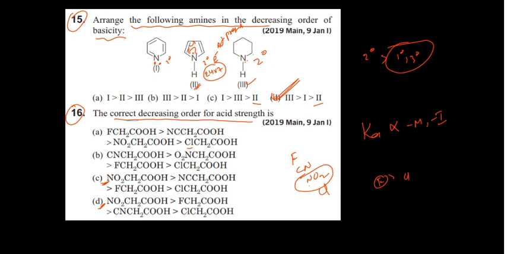So halogens stay in the same range. Between cyanide and fluorine, cyanide is more, because in cyanide the triple bond N shows a minus mesomeric effect. Fluorine has just an inductive effect, a minus inductive effect. Minus mesomeric is the stronger effect. So your answer is C. First of all NO2, then cyanide. Cyanide is showing a minus mesomeric effect.